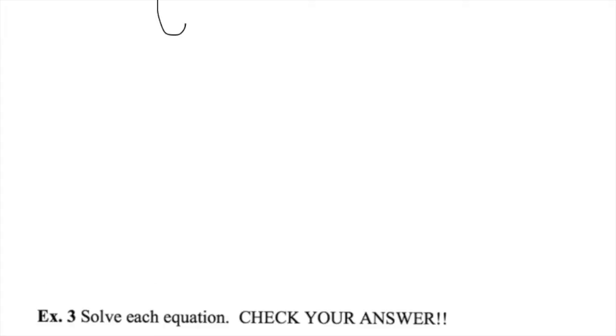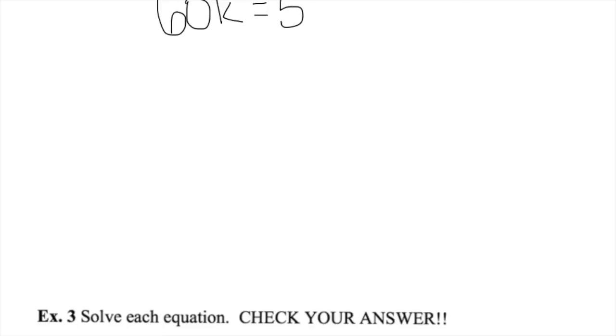In examples 2 and 3, we're going to apply the same concept of solving multiplication and division problems by using the inverse operation, but this time, instead of whole numbers, we're going to have decimals and fractions. So remember your concepts. If you're solving a multiplication equation, you need to divide both sides by the number. If you are solving a division equation, you need to multiply both sides by the number. Let's do 60k